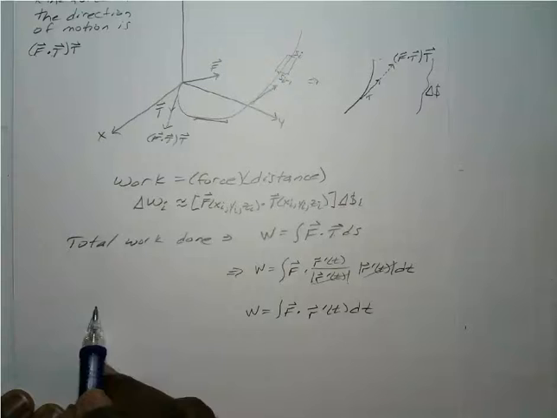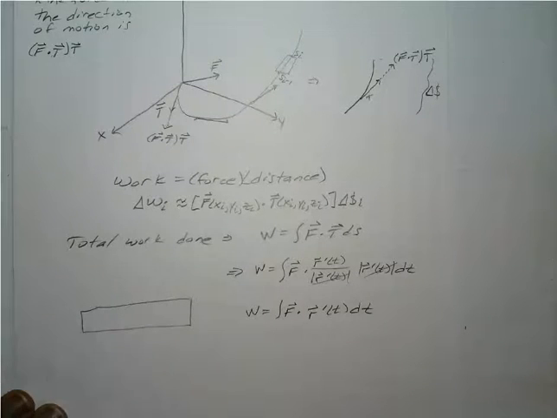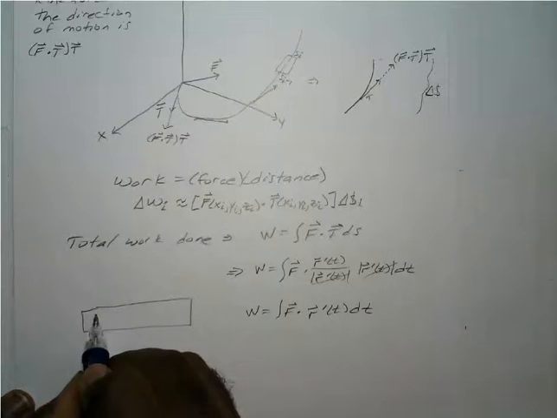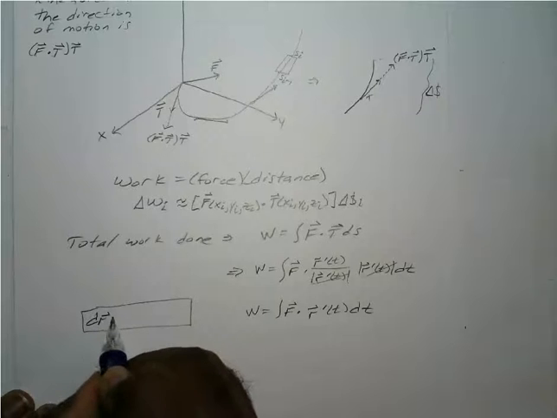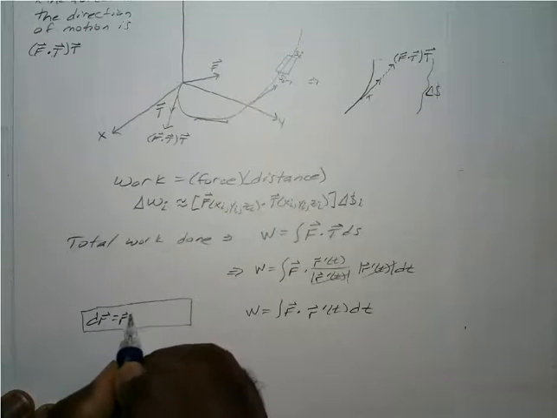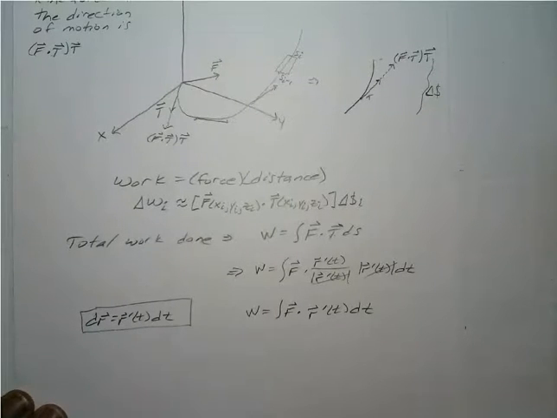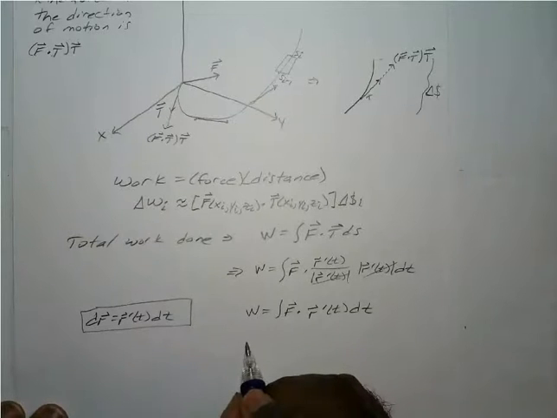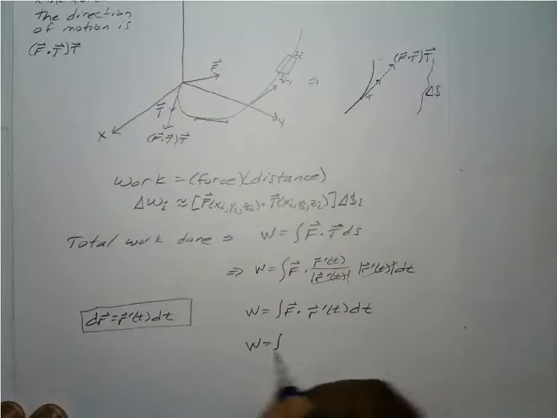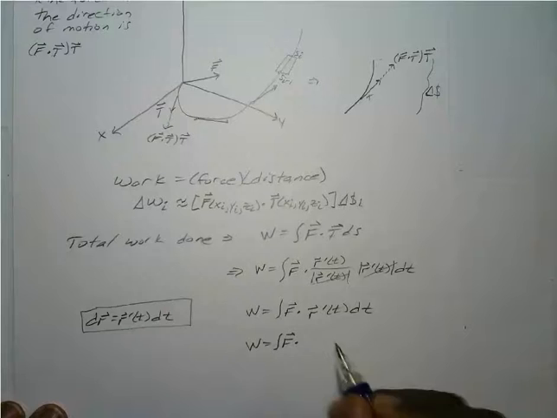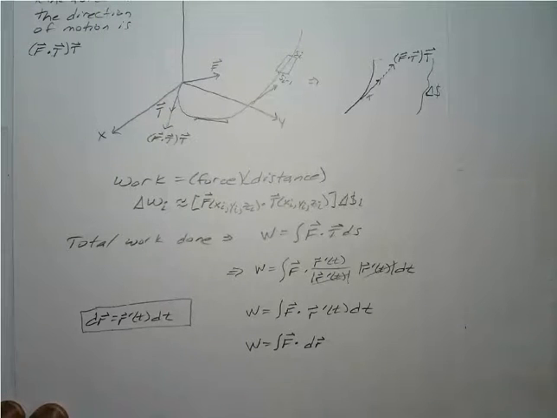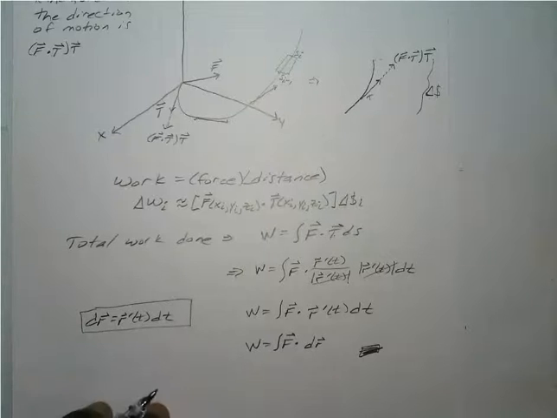Okay. And of course, little side note here, the derivative of r is equal to r prime of t with respect to t. So that means that our work can equal the integral of our force, the dot product of our force with respect to our vector valued function. Right, which leads us into a nice, neat little definition that we will put on the next page